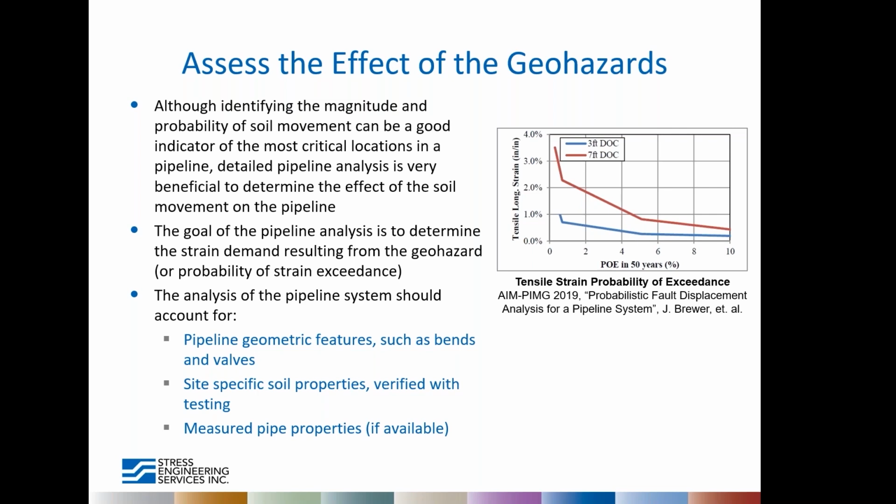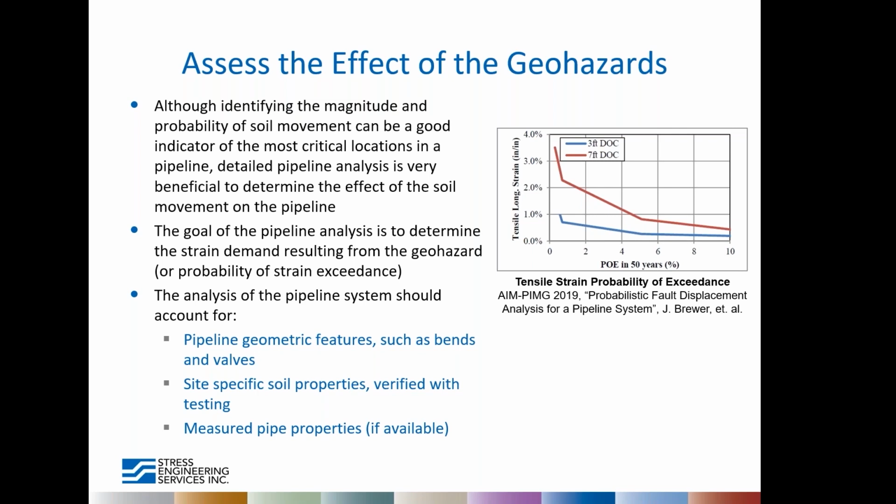So the way that we assess this is we actually perform detailed analysis of these pipelines to figure out how much strain or stress is generated in the pipeline system as a result of known distances of soil movement. Now, this is combined in essence with the probability of soil movement to create a plot like we see on the right, where we have the tensile longitudinal strain as a function of the probability of exceedance of soil movement, or the probability of exceedance over 50 years. So you can see that as you go lower on that probability of exceedance, the likelihood of given levels of